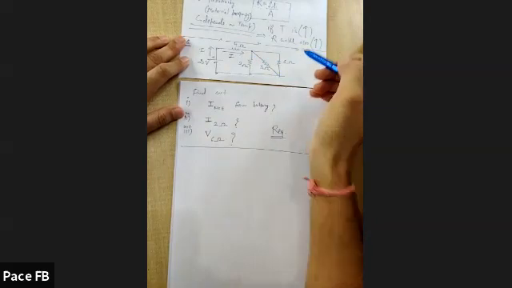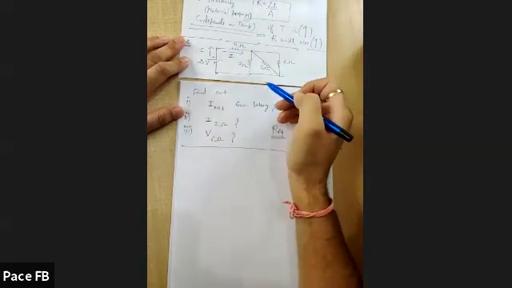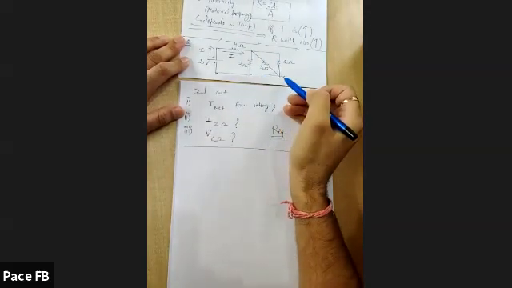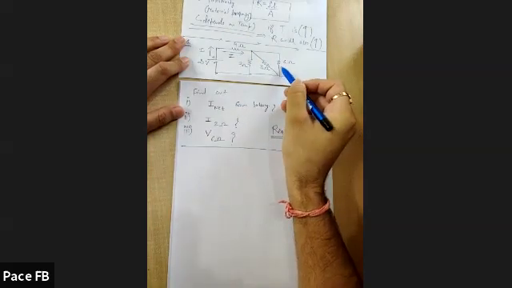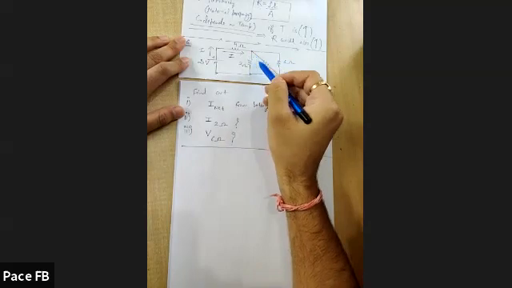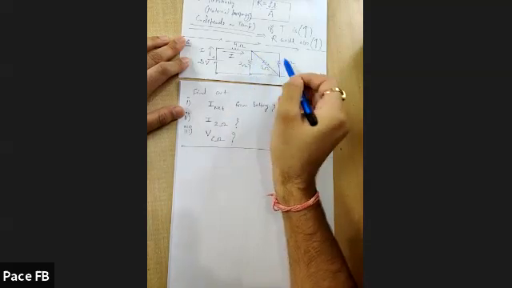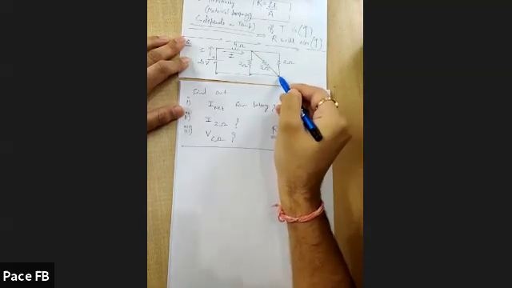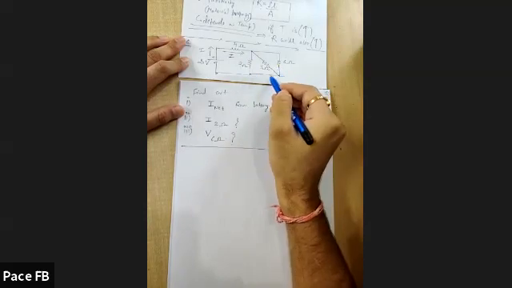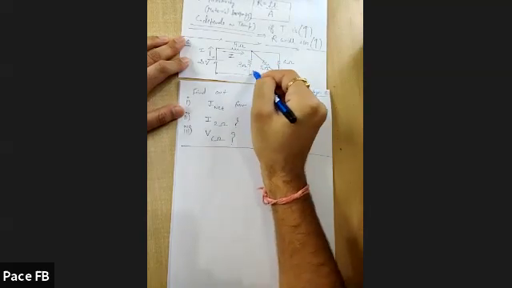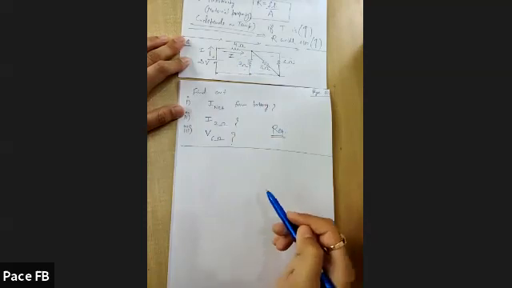And I can see that this 6, 3, and 2, they all are connected in parallel. This 2 ohm, 3 ohm, and 6 ohm, the three are connected in parallel. How? Because their points are common. The left hand side of all these three resistors are at same potential. This is the left hand side of 2 ohm, this is the left hand side point of 3 ohm, and this one is 6 ohm. And the right hand side point of all these three resistors is also common, at the same potential. So 2, 3, and 6, all three are in parallel.